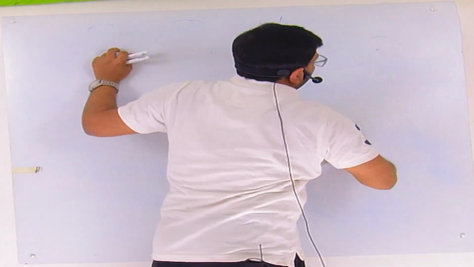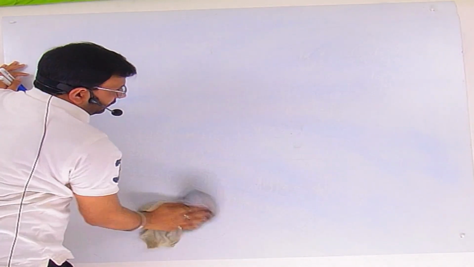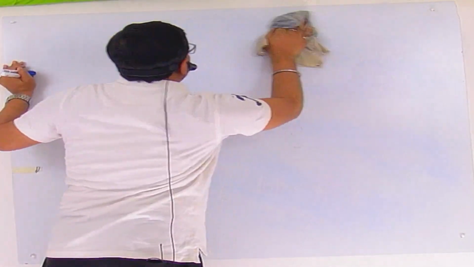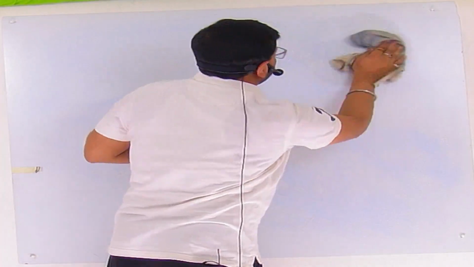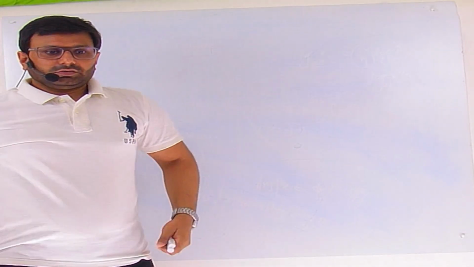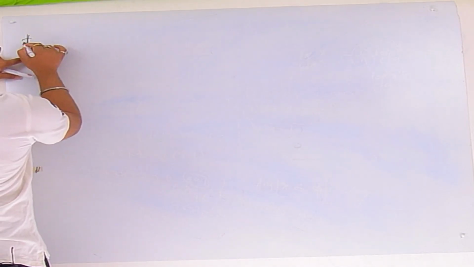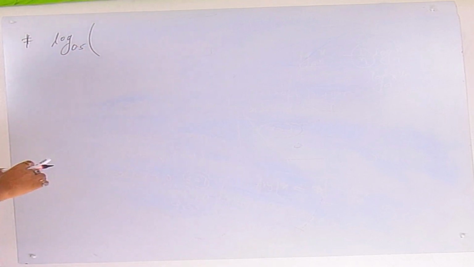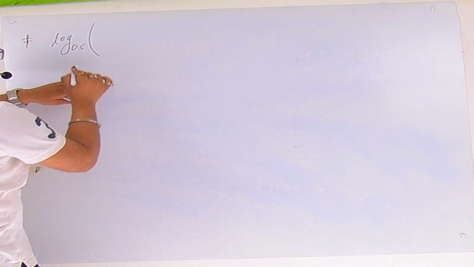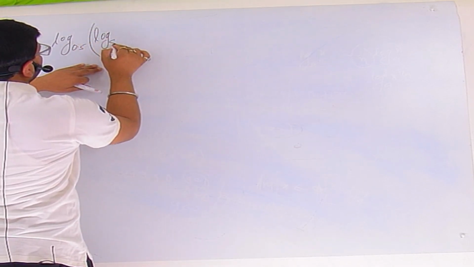Okay. So while solving a logarithmic inequality, you must always check the base. The base plays a very, very important role here. So now I am writing the next question. Here log base 0.5 of log base 8